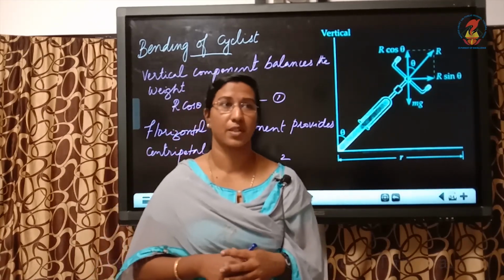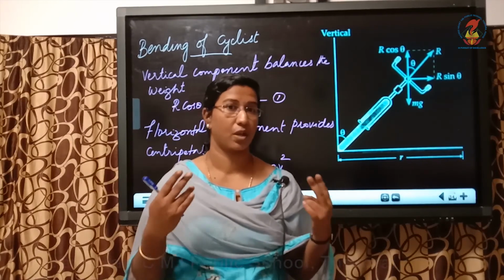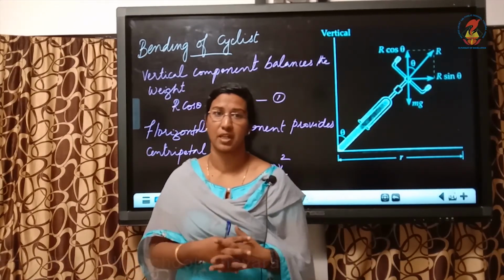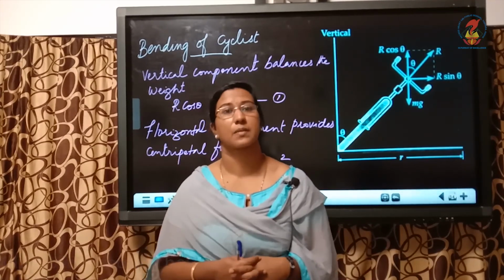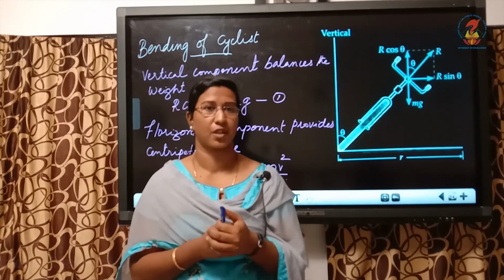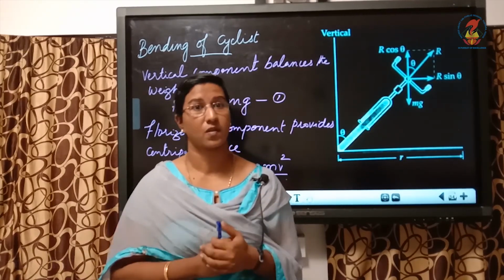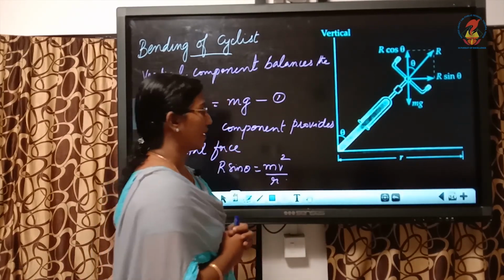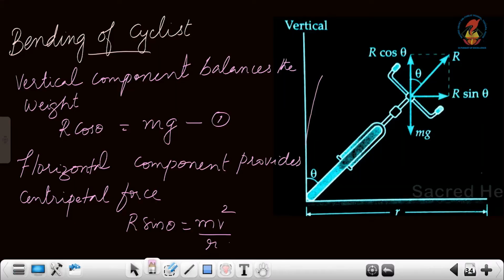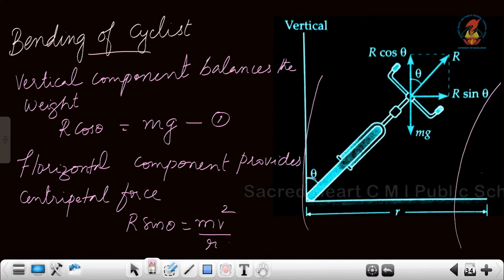It is only because we know bike or cycles have only 2 tires. So, the friction provided by the tires won't be sufficient to provide the necessary centripetal force. So, there must be some other factor also which helps friction and balances the centripetal force required. For that, what does the cyclist or the bike racer do? They will bend inward. Okay, this is a track. Cyclist will be bending inward, now making an angle theta with the vertical.